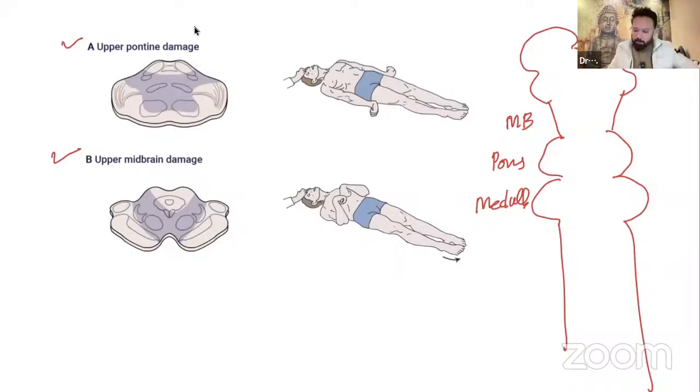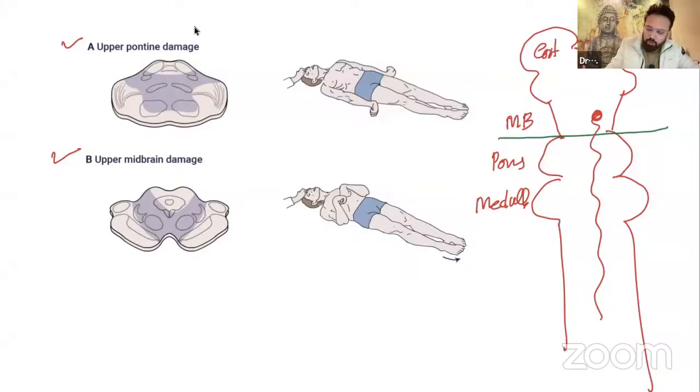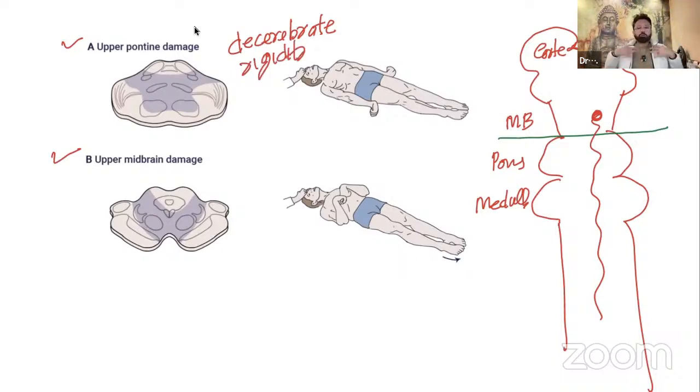Now, if lesion is upper pontine, tell me, doctors, actually in the midbrain, you have rubrospinal tract. If lesion is upper pons, the cortex is gone, midbrain is gone, and this is called decerebrate rigidity. Decerebrate. You are correct, Dr. Shiv. Very good. Remember this. Decerebrate rigidity. Because rubrospinal tract is intact, hands are like this. Hands are lying at the side of the body. It is called